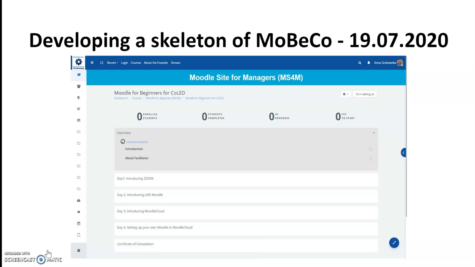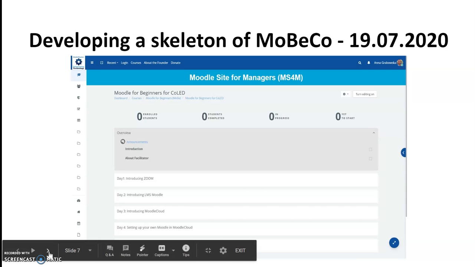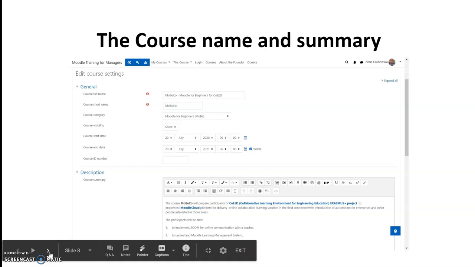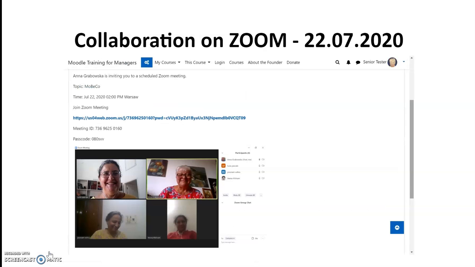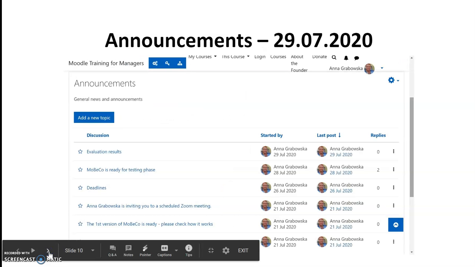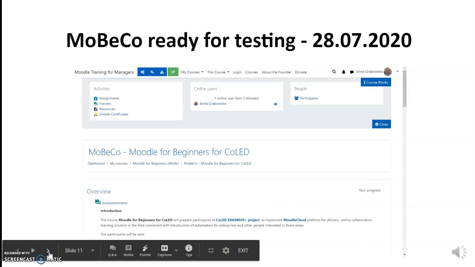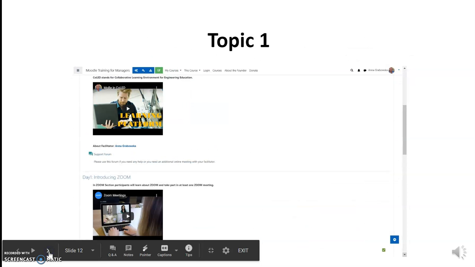So this was the first one, Mobico. And over here, these are the 5 sections, 4 sections and the certificate of completion. And then we had the introduction, summary, the Zoom meeting that we had, then the announcements, then also the overview.